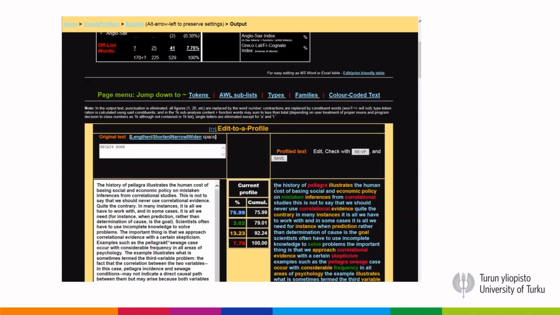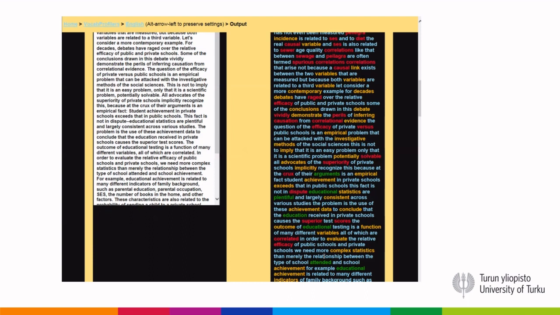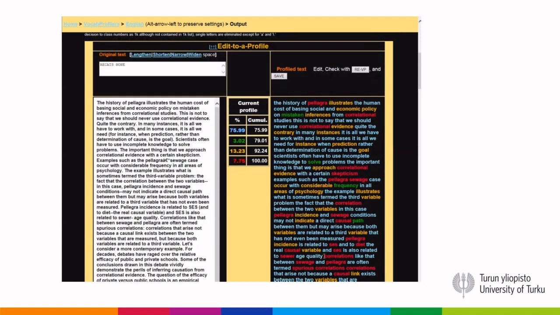So if I scroll down, it's actually going to show me, if you can see here on the right, it's all color-coded. So if I want to use a text I'm reading and pull out those academic words, I can use this tool and then focus on these yellow words and see how they're being used in my text. It can also be a learning tool. If you're trying to learn those academic words, you can use this tool. Now, the red are words that are not in those three categories. So they might be specialist, or they might be